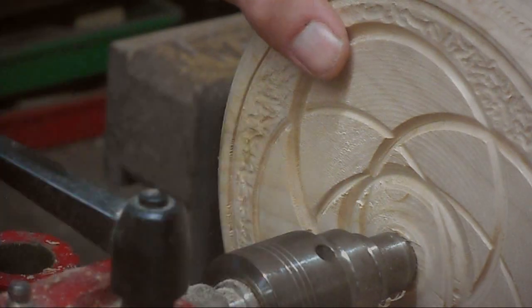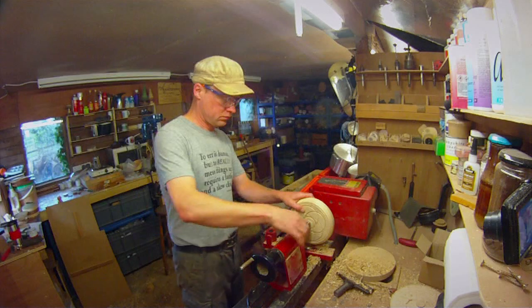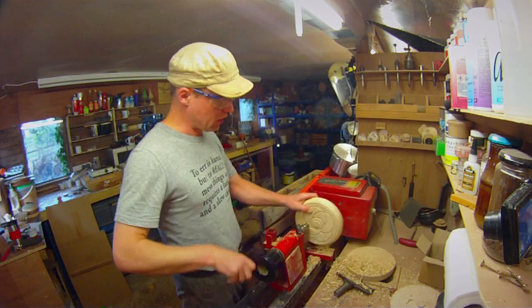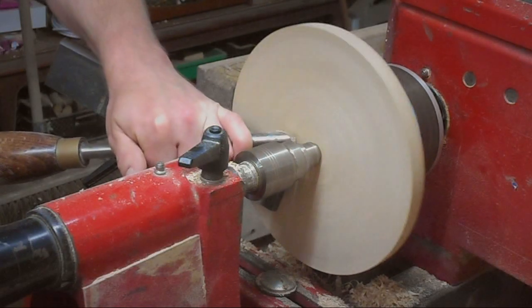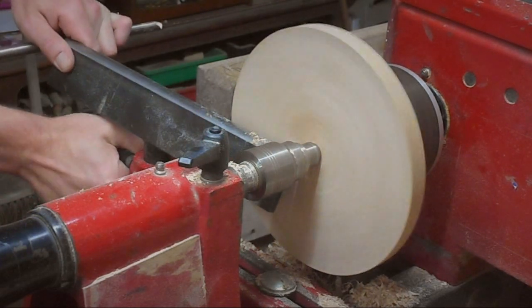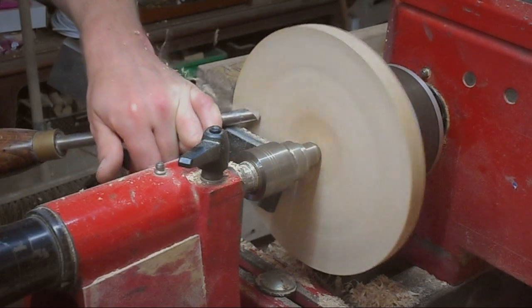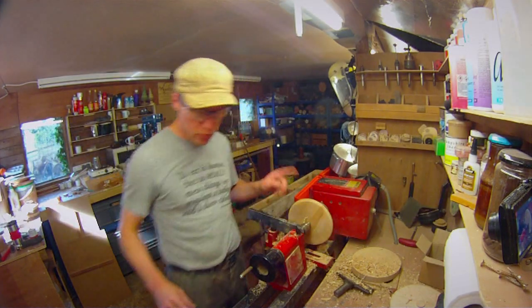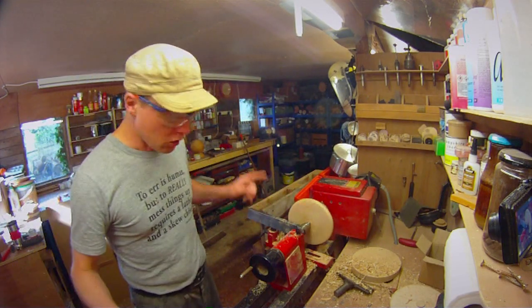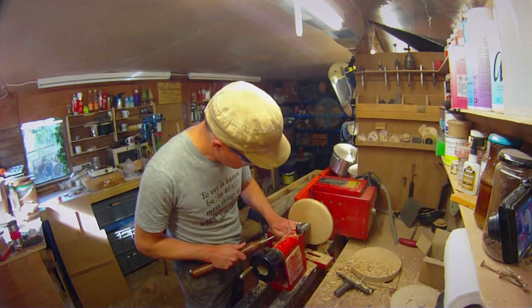Right, so that's it for that side. Now I'm going to turn it round and do the other side. Do a medallion in the middle again, like we did on the other side, and there's a good reason for that. So I'm going to put